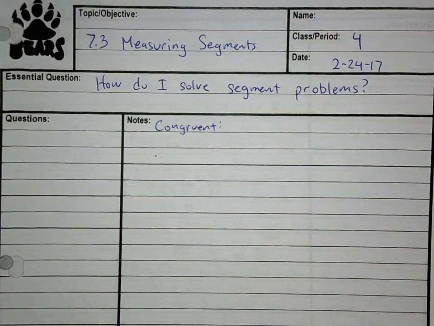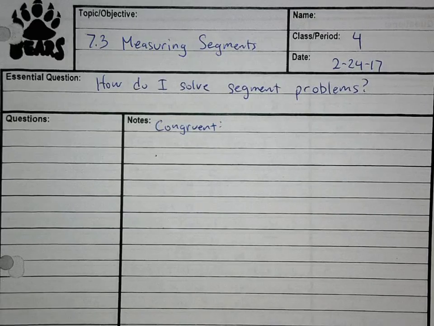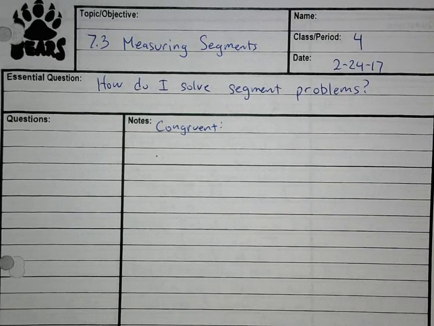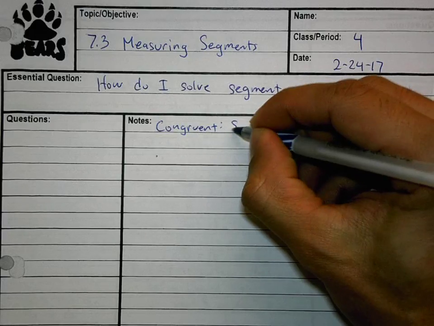7.3 is on measuring segments. And you are going to find a lot of easy questions on 7.3 because I think the math is very easy. But the first word you're going to need to know that they're going to throw out at you is the word congruent. And I'm going to give you the broader definition. Congruent means same size